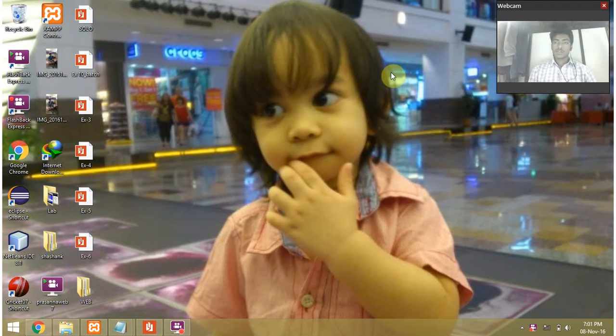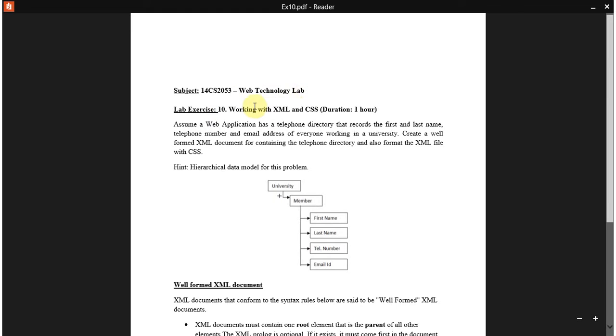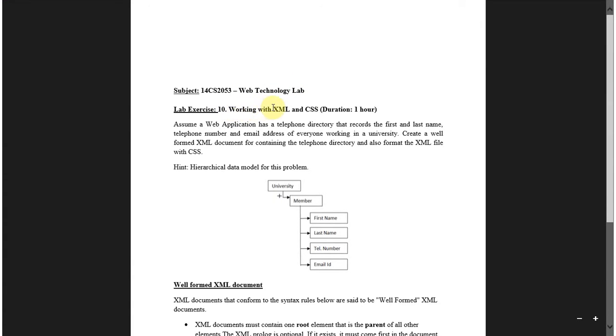Today we are doing the 10th lab experiment in web technology. The question is: working with XML and CSS. Here we can see the working of XML as an HTML web application of a telephone directory, with records for the last name, telephone number, email address, and everyone working in the university, creating a web HTML documentation containing the telephone details,